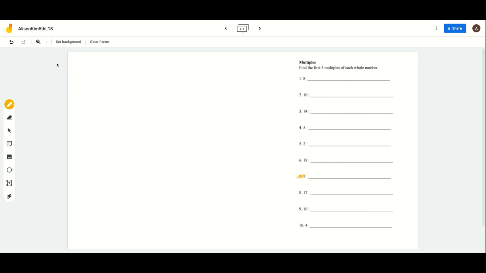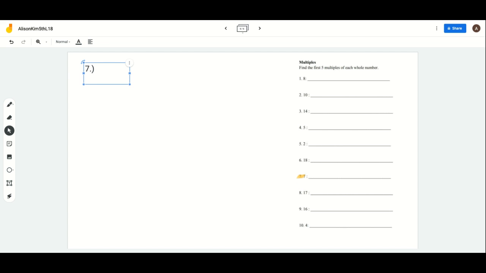Now we're going to do multiples. So I searched up the definition of multiples, and it says that it's a number that can be divided by another number without a remainder, right? So basically we just need to multiply, we're going to do number 7 together. So we just need to multiply 7 by all multiples, the first 5 multiples of 7. So let's write it down. Number 7,